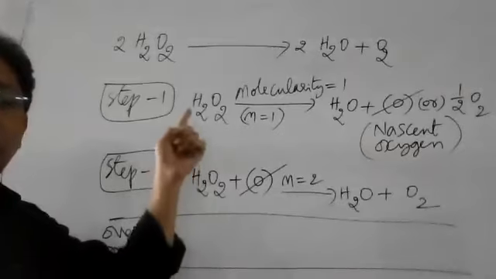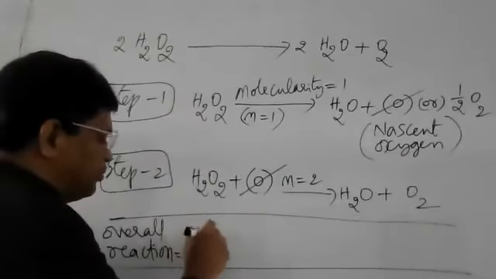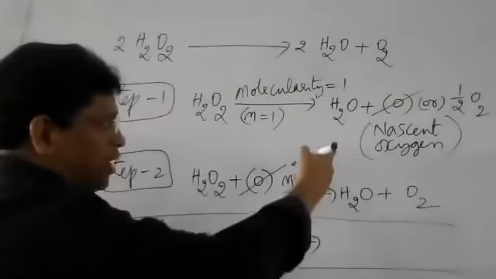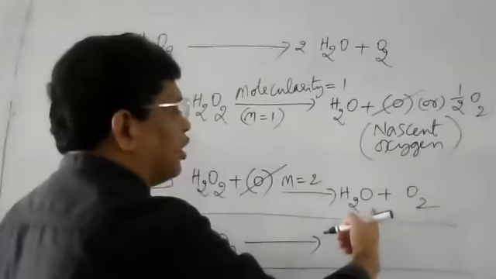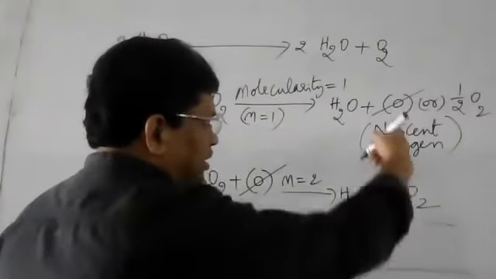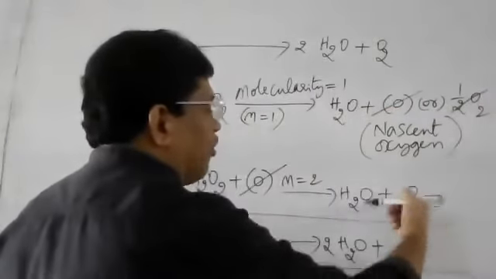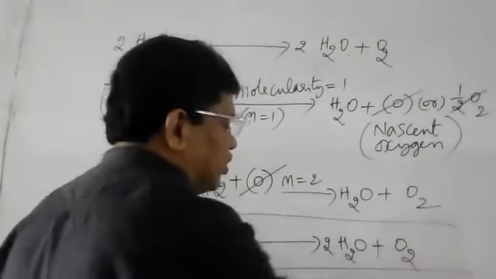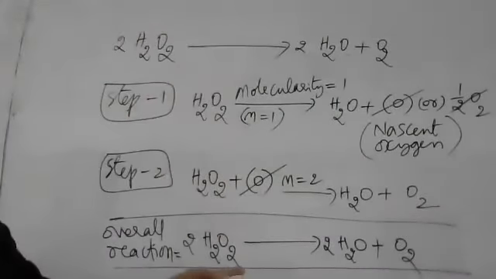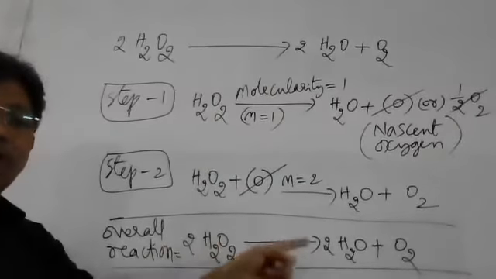H2O2. How many molecules of H2O2? 2 molecules. So 2 H2O2 gives rise to, tell me, what is left over here? 1 H2O left over, so 2 H2O plus, here it is not there. This also is cancelled, both are the same here. Now here 1 O2 is left over, so O2. Like this, this equation has come out. This overall equation we have got. Is that clear? So the overall reaction is 2 H2O2 gives rise to 2 H2O plus O.